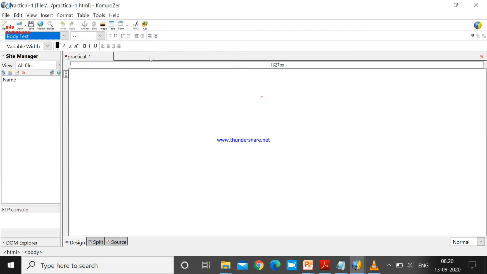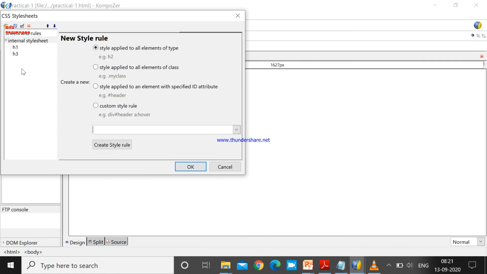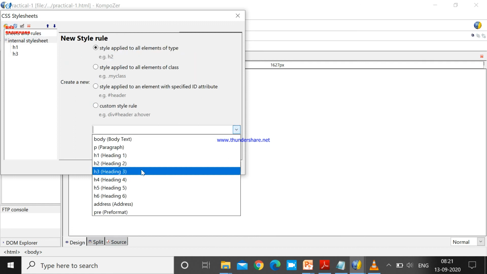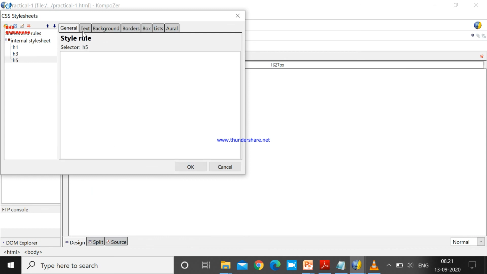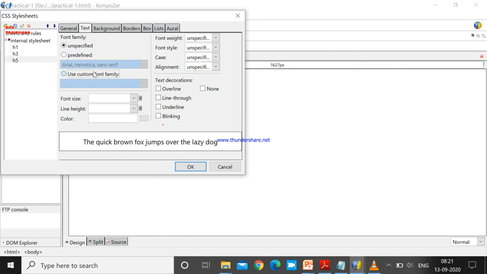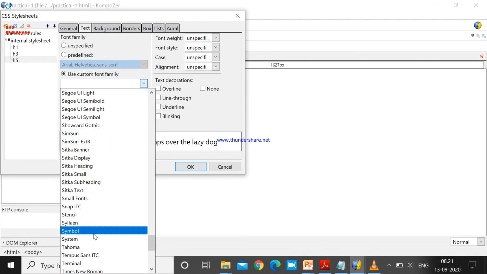The next is, once again, I want to set CSS for my topic content. So click on this button, click on style rule, select H5, create style rule. Text is Times New Roman.